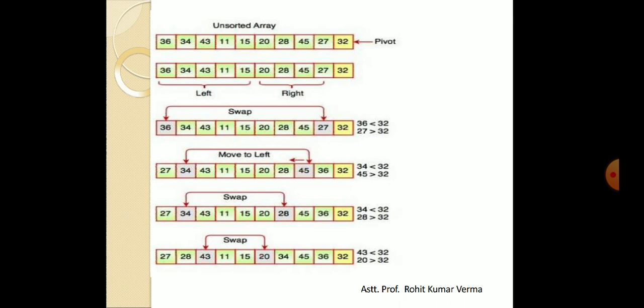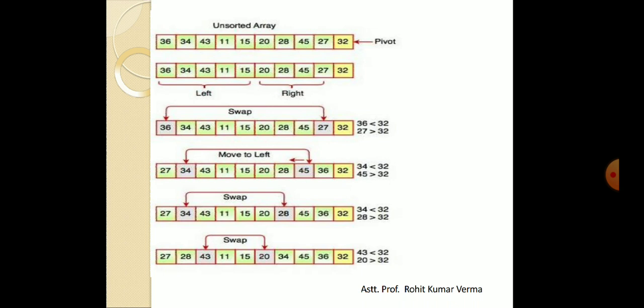After swapping, in the fourth array you can see that 27 is swapped with 36 and their positions are interchanged. Okay, after this we start our scanning again. Now in this list we have 27. When we start left scanning, we find 27 which is less, so we move to the next location. In the next location we find 34 which is greater than 32. Now we stop and start our right scanning, where we have to find the lesser element. So you have 36 which is greater, and you have 45 which is greater.